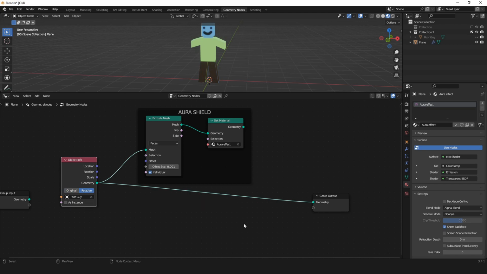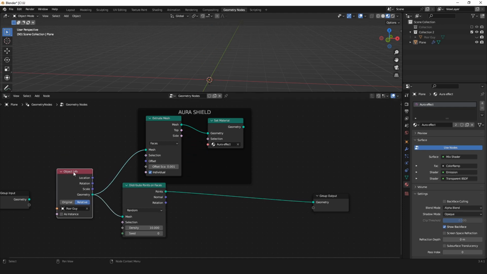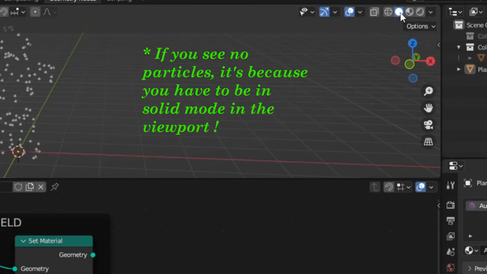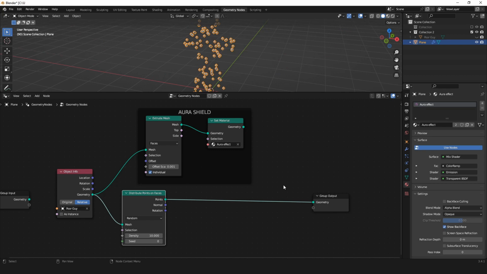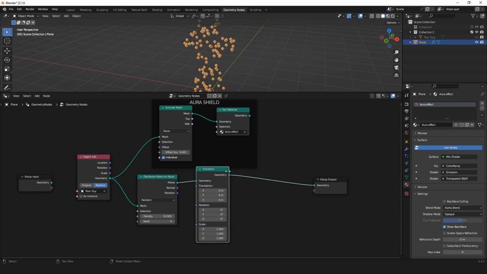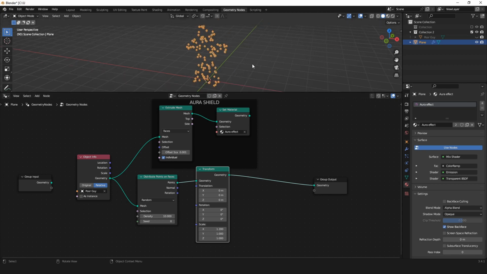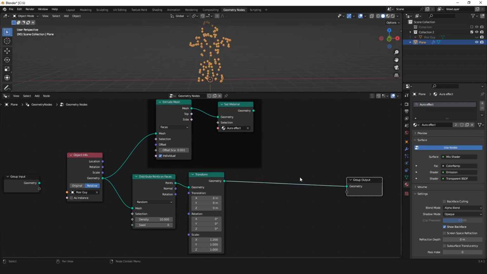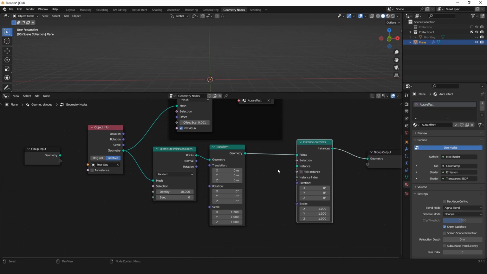Let's put it on relative. First, we'll use a Distribute Points on Faces. Then on the points, we'll use a Transform node, and on this transform we can translate the movement of our particles. And let's scale a little bit the X, and then we'll use an Instance on Points, and on this instance